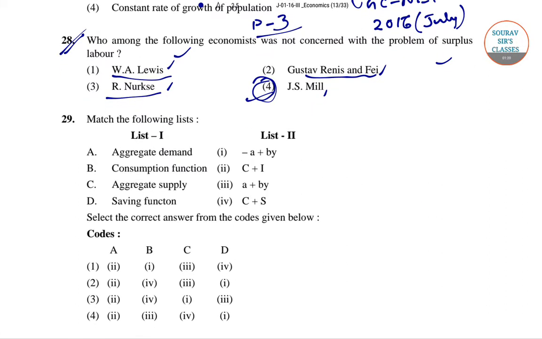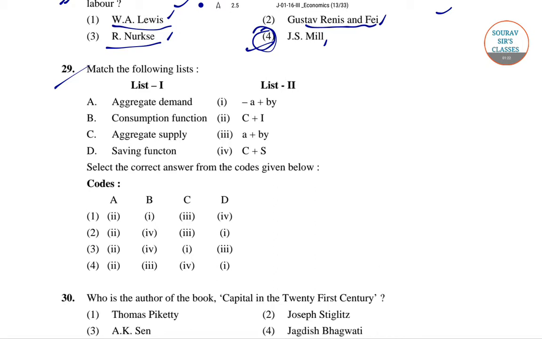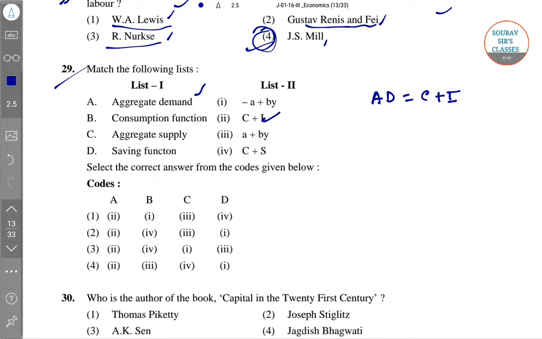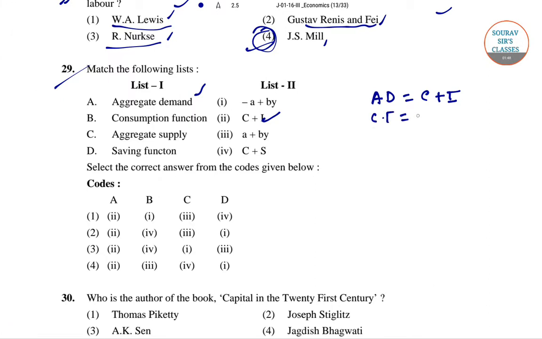Now we'll go to the next question, which is question number 29. In question number 29 it is given aggregate demand, and we have to match the list. For this we know that aggregate demand is equal to C plus I, and then the consumption function is equal to A plus BY, that is 3. So 2 and 3, so 4 is the right answer, we already know, but still, aggregate supply is equal to